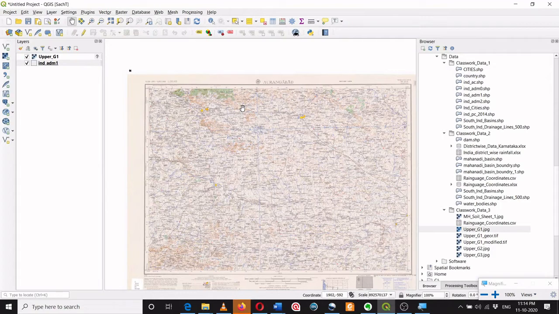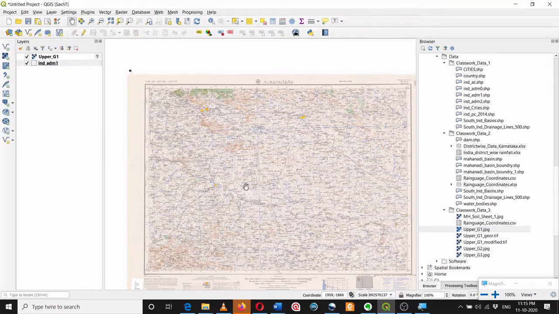So this image is a raster image because this is a scanned image which has got pixels. We will see those pixels later on, and at present there is no coordinate reference system. So this image doesn't have any reference system. So this image doesn't give me any lat long for any pixels which is a part of this image, and therefore it is called a non-georeferenced image.